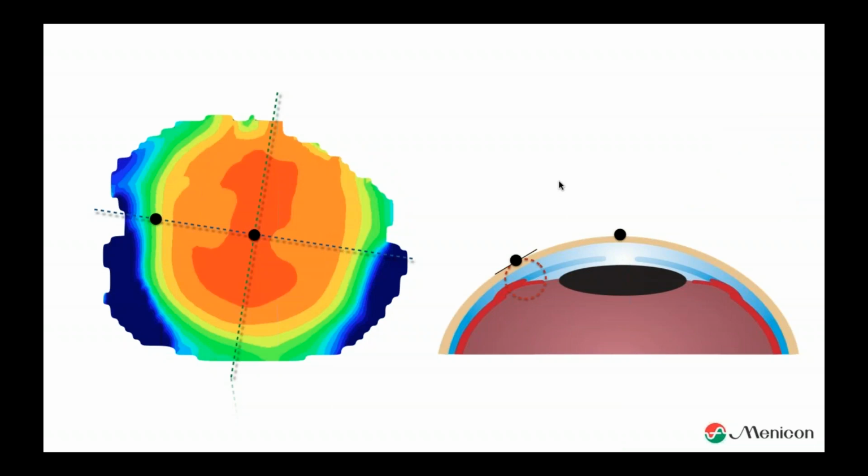If you look at the tangential map, it's a very valuable map. You see, it's very irregular, and we see a kind of astigmatism, but it's not as clear as in the sagittal map. What is the topographer doing now? Well, for your information, now the topographer is looking very locally. In other words, it is not taking into account the sagittal height anymore, the center part of the cornea.